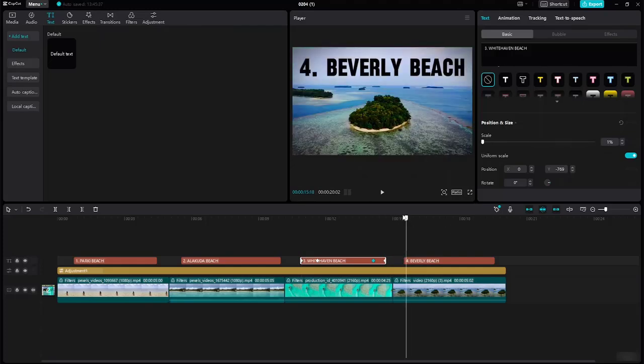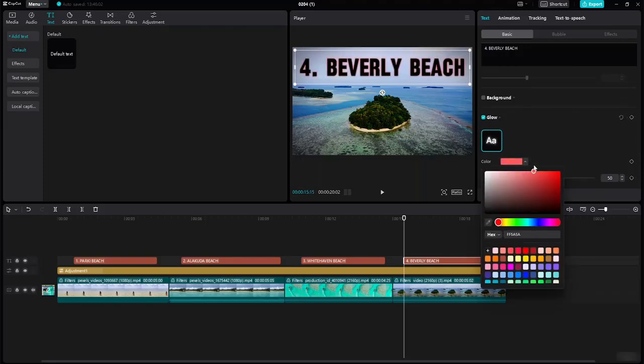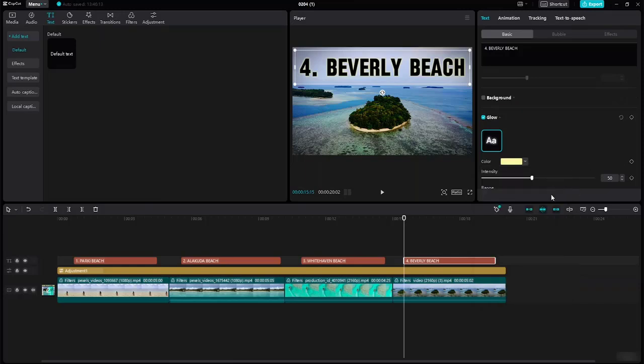Okay, so now again I will just come to this position over here, let's select this text box, and what you can apply is you guys can come here and you guys can actually apply some glow. Okay, so if I just select this glow option, and if I do want some other color glow, I can basically take that. If you want to take some glow quite like this, let's take this glow,